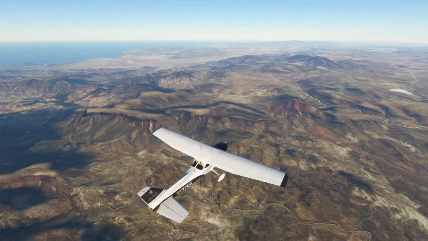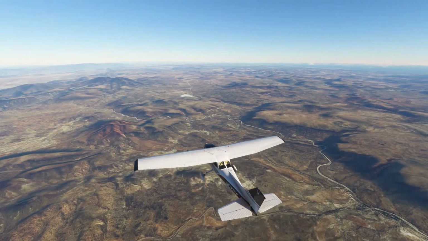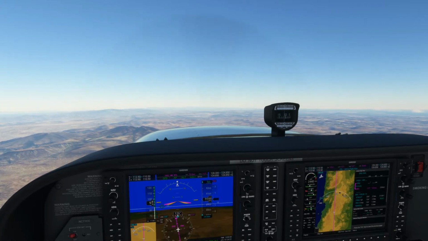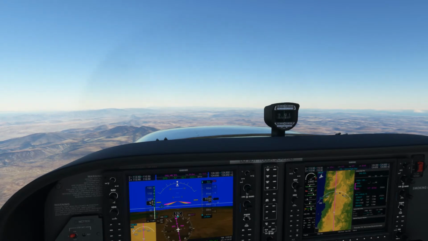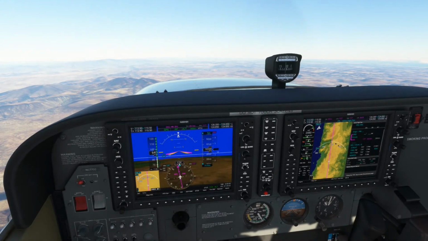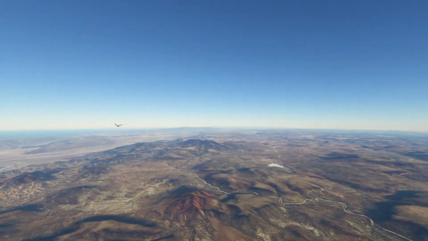We are, again, going over some mountain areas. I think there's a dried up, let me go ahead and go back into the drone here.